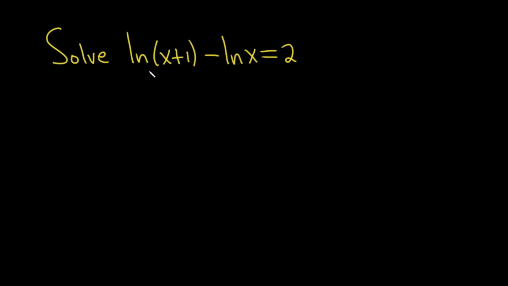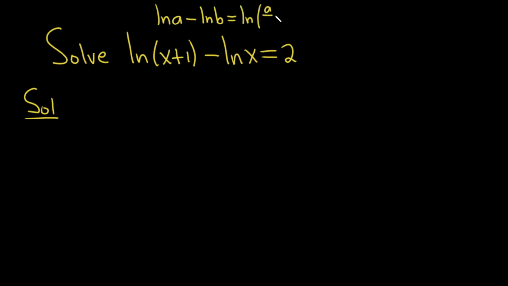Solve the natural log of x plus 1 minus the natural log of x equals 2. Solution. So in this problem, we have two logarithms on one side and a number on the other. Because we have a minus sign here, a good idea might be to combine the logs. You can do that using what's called the quotient rule for logarithms. You have the natural log of a minus the natural log of b. That's equal to the natural log of